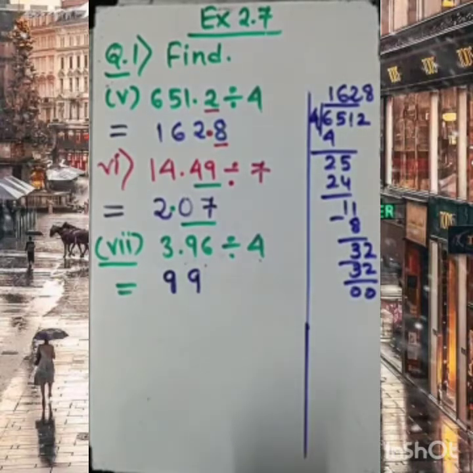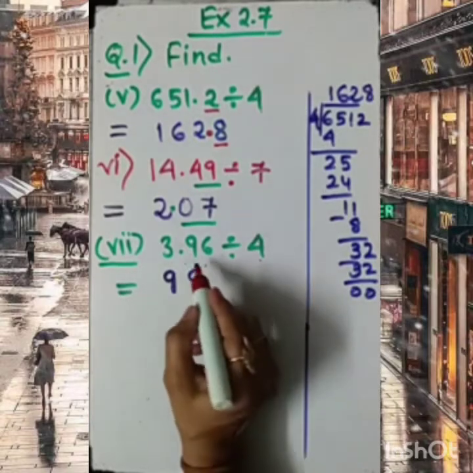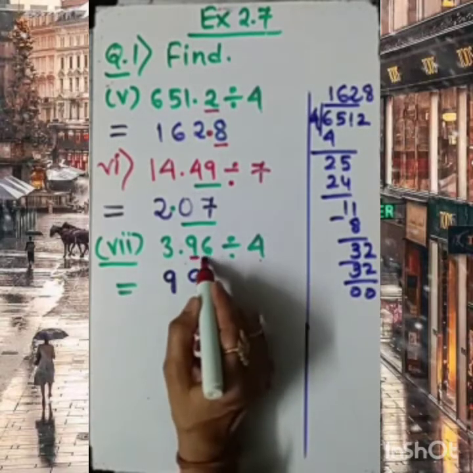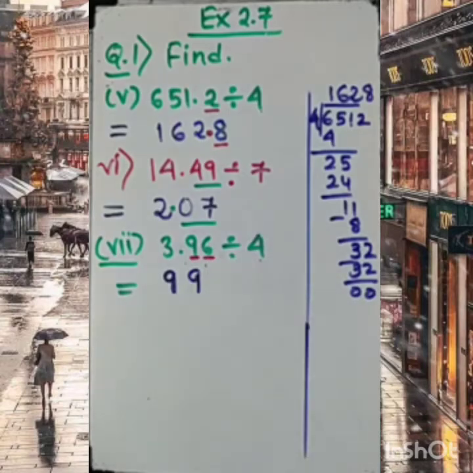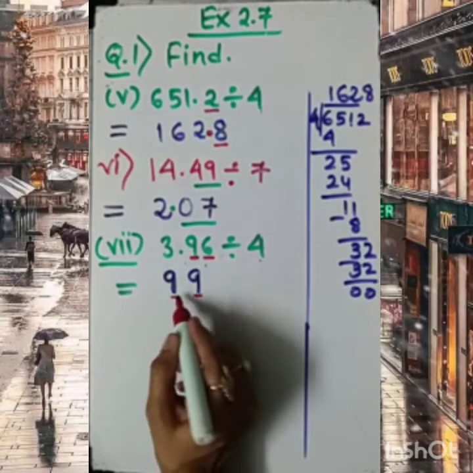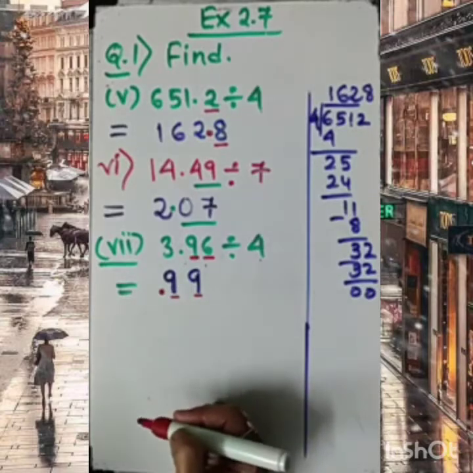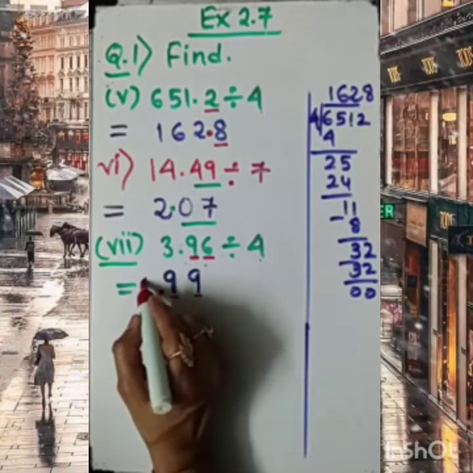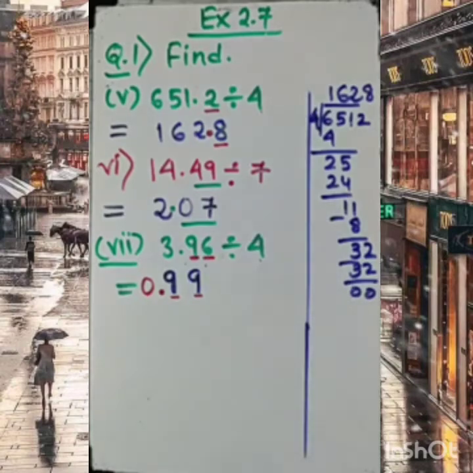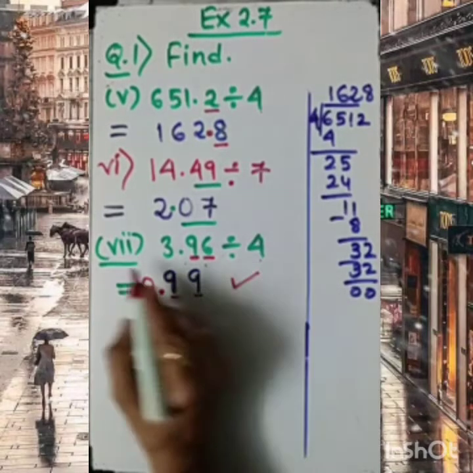But as we want to put the decimal, how do we move ahead with that? Here it is 2 digits after the decimal. The same thing, 2 digits, if I want to shift, then I need to put the decimal over here. So what do I have to write here? I need to write 0 before it. So 0.99 is the solution for this 7th question.